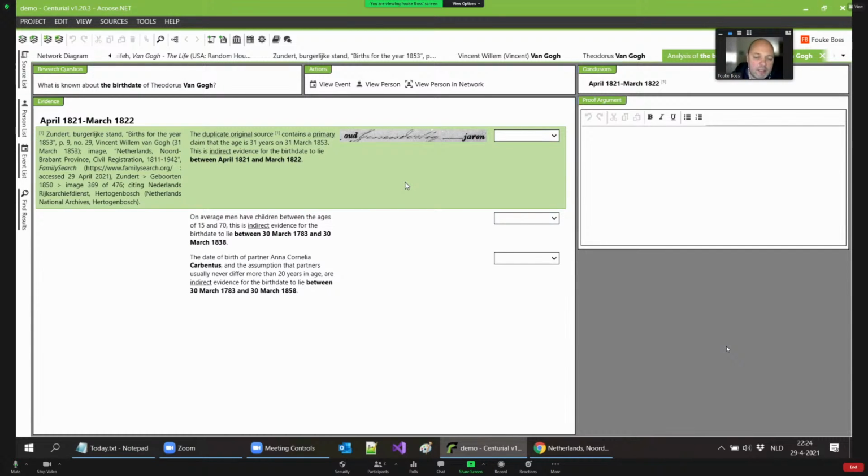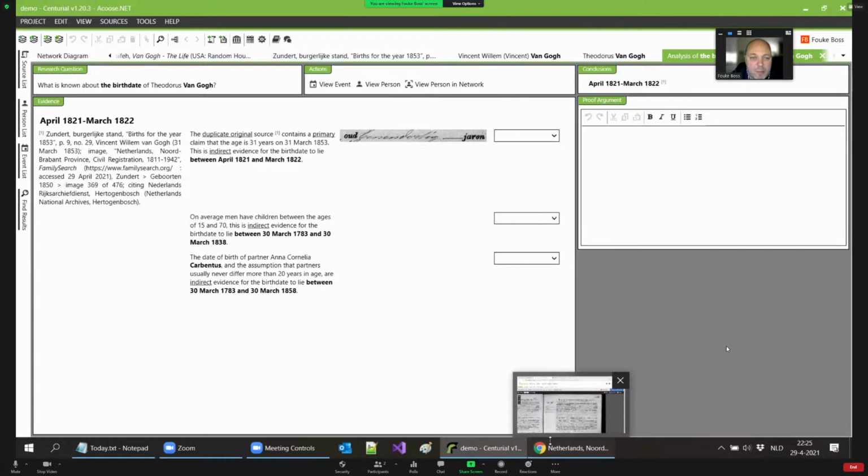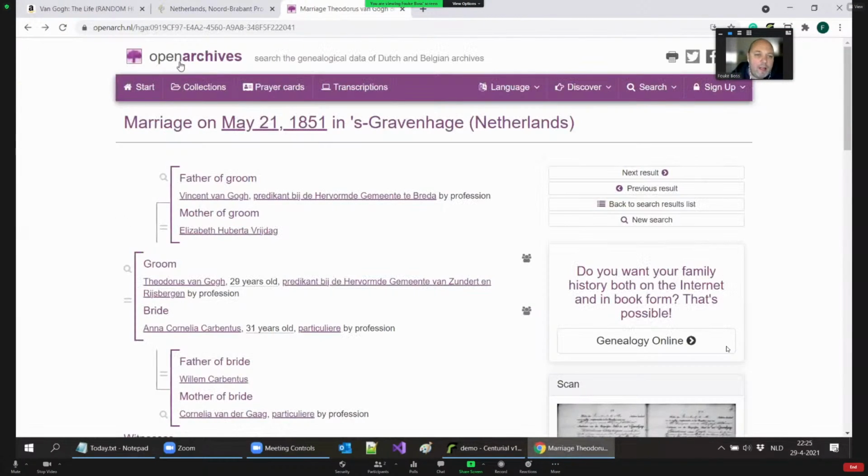Yeah. So, can you show us a more fully populated tree? Yeah, I can do that. Would you mind if I add one more source just to demonstrate another point? And then I'll do exactly that. I have one more, which is Open Archives, a Dutch website that has a lot of data from Dutch and Belgian archives. And of course, I was able to find the marriage certificate for the parents of Vincent van Gogh. In this particular case, I can again use the browser extension,